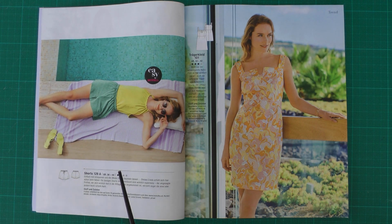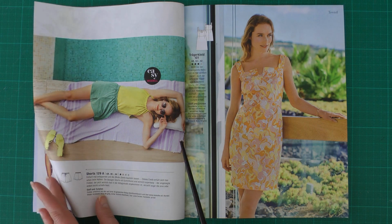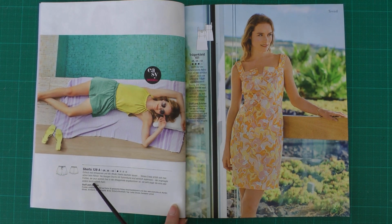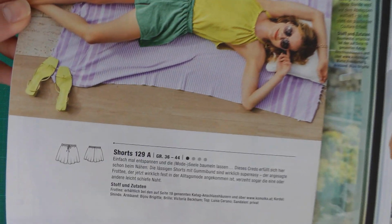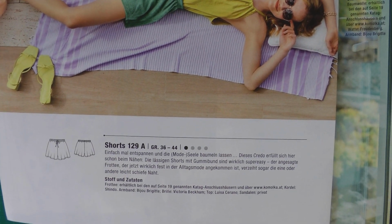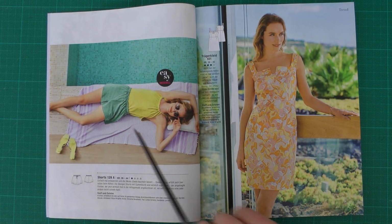Then we have, of course, in the middle of the summer, as Burda is in this issue, a pair of shorts with a little bit wider leg. As I said, the skirt here is made in denim, and this one is made in another kind of fabric. Nothing spectacular about these shorts, and the fabric that they advise is terry cloth. I did search the term frotte, I guess it's pronounced in German, but it's a terry cloth,